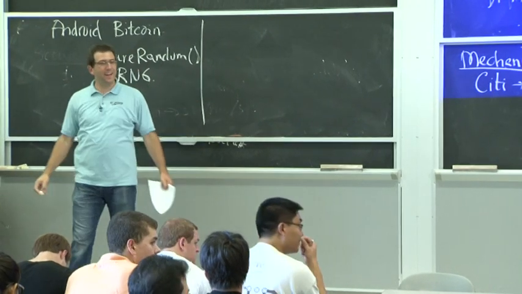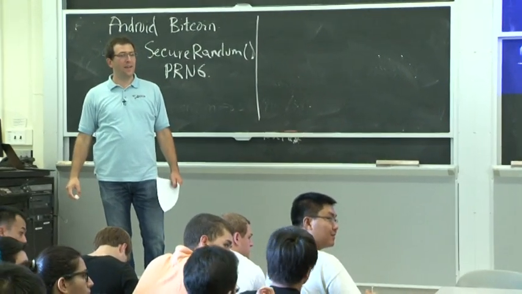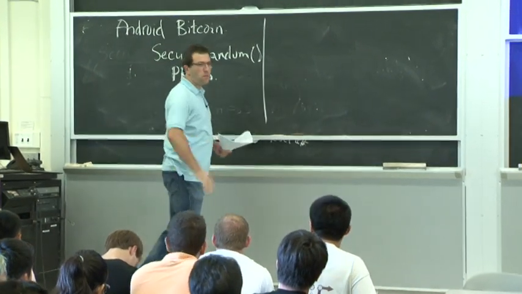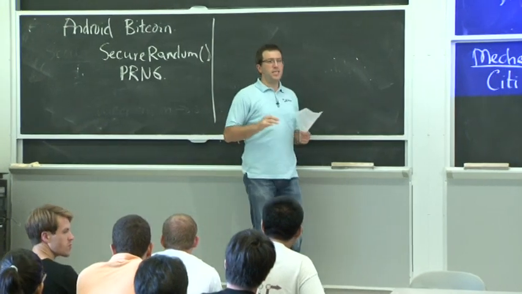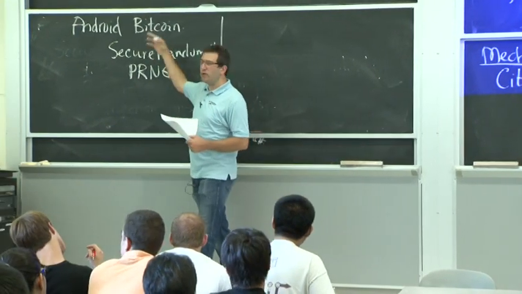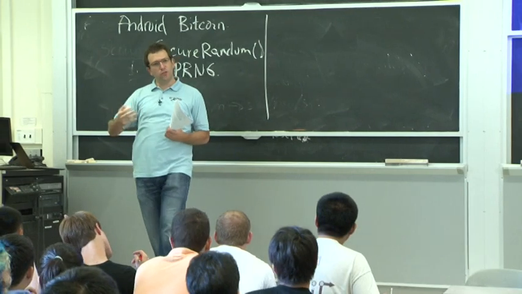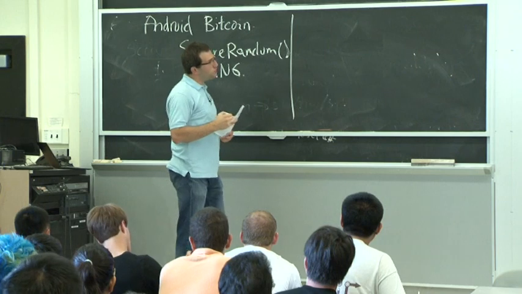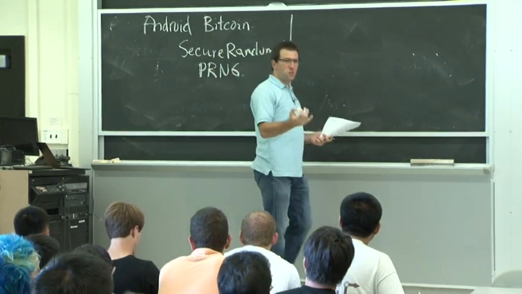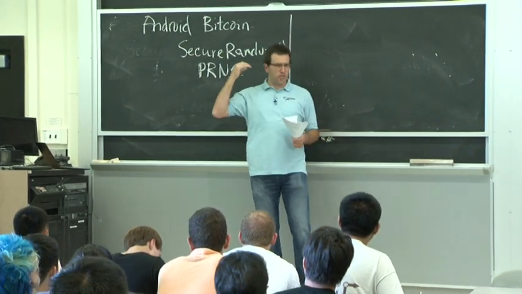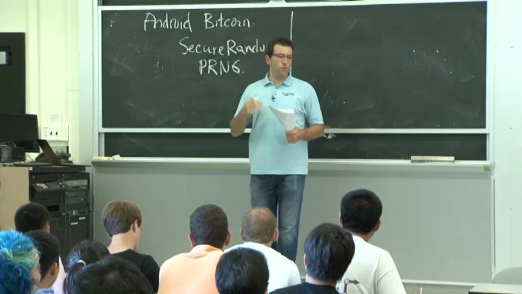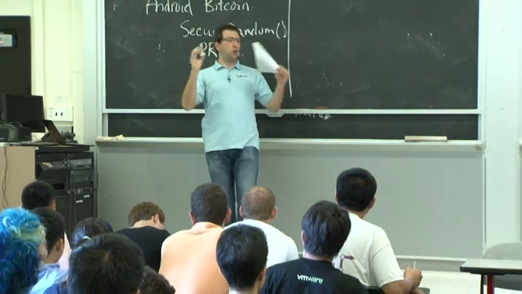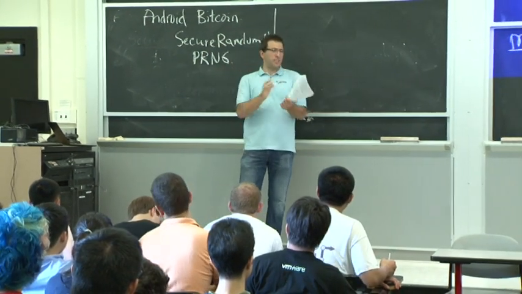Yeah? Just to be clear, is this a different attack from the DSA signature randomness? Well, yeah, so the actual problem is a little bit more complicated, as you were hinting at. The problem is, even if you didn't generate your key on the Android device in the first place, the particular signature scheme used by Bitcoin assumes that every time you generate a new signature with that key, you use a fresh, what's called a nonce, for generating that signature. And if you ever generate two signatures with the same nonce, then someone can figure out what your key is. So the story is pretty similar, but the details are a little different.